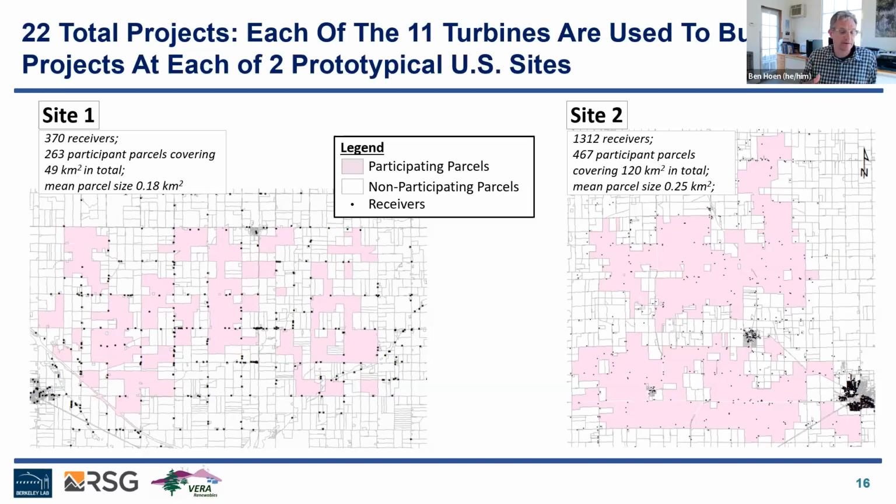As well, we modeled the sound in these locations based on those installed turbines and found that some nearby parcels that didn't host a turbine were at a sound level that was above what would normally be expected for neighbors, and therefore we included them in the participating parcel group. So those are the pink parcels here. That is the land constrained area that we redeveloped with all of these 11 turbines over and over again. Each of the receivers could be participating or non-participating, shown as black dots on these two figures. So this is the group that we're really looking at. We're constraining the site, and we're saying, how will things change if we constrain the site and try to get the developments built at these places?